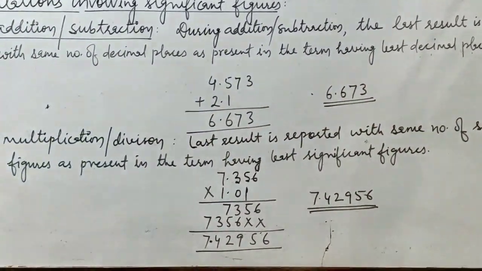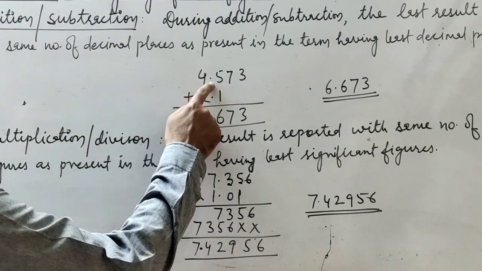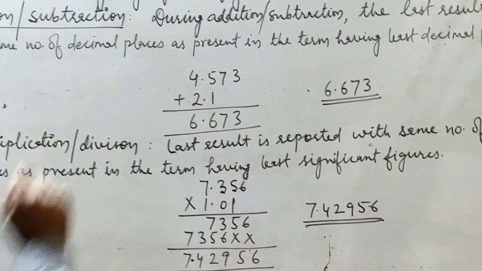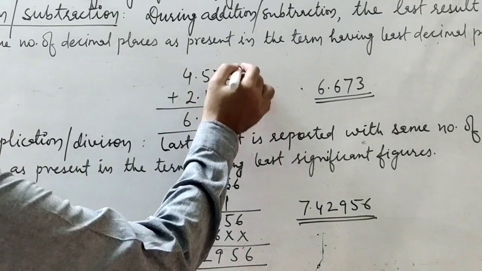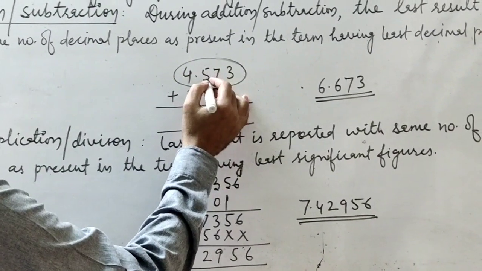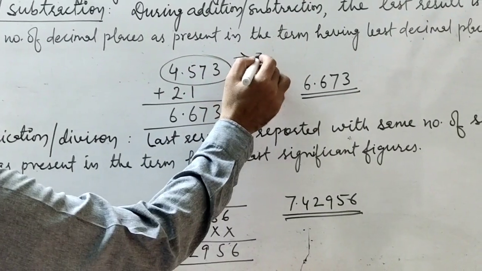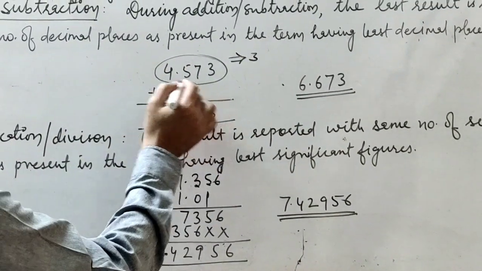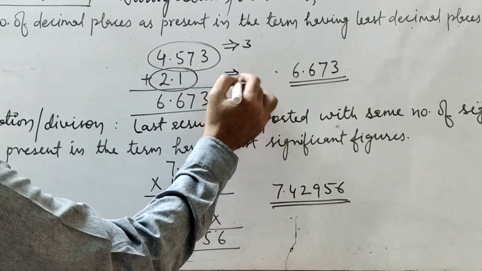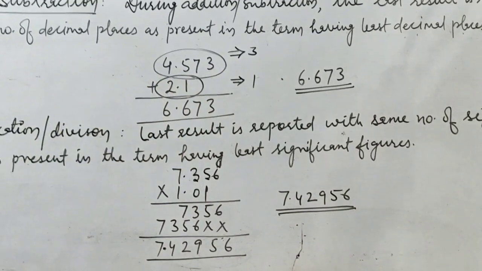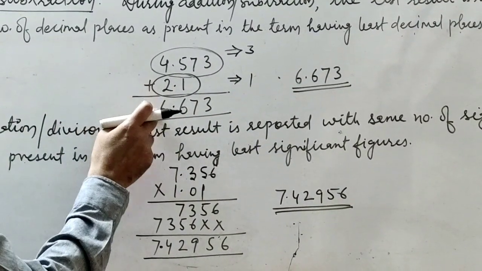Check the example. We have to add 4.573 and 2.1. The first number, 4.573, is up to 3 decimal places. And the second number, 2.1, is up to only 1 decimal place. So when adding the two, the last result